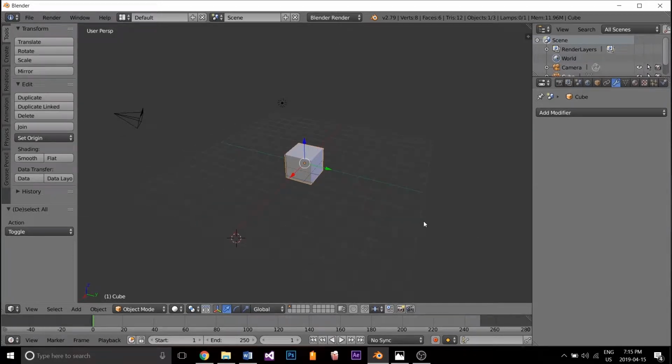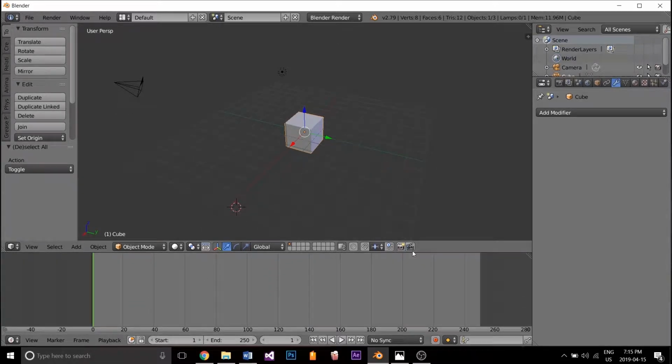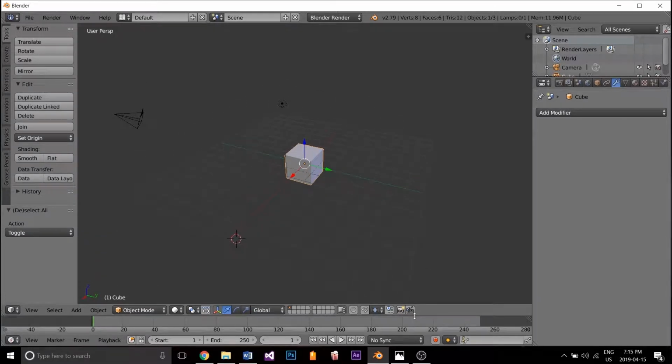At the bottom of the screen we do have our timeline. This is used for different animation techniques, but that isn't something that we're going to be focusing on today, so we can just bring it down and get out of the way. We do have a little toolbar on the bottom here. This is where most of our buttons will be pressed. This is where I'm going to spend a lot of my time clicking and showing different techniques on how to